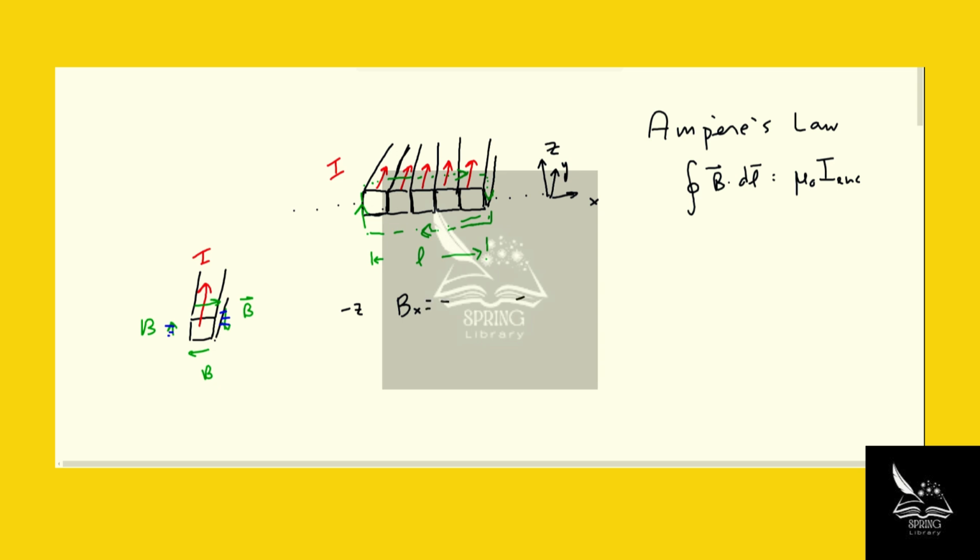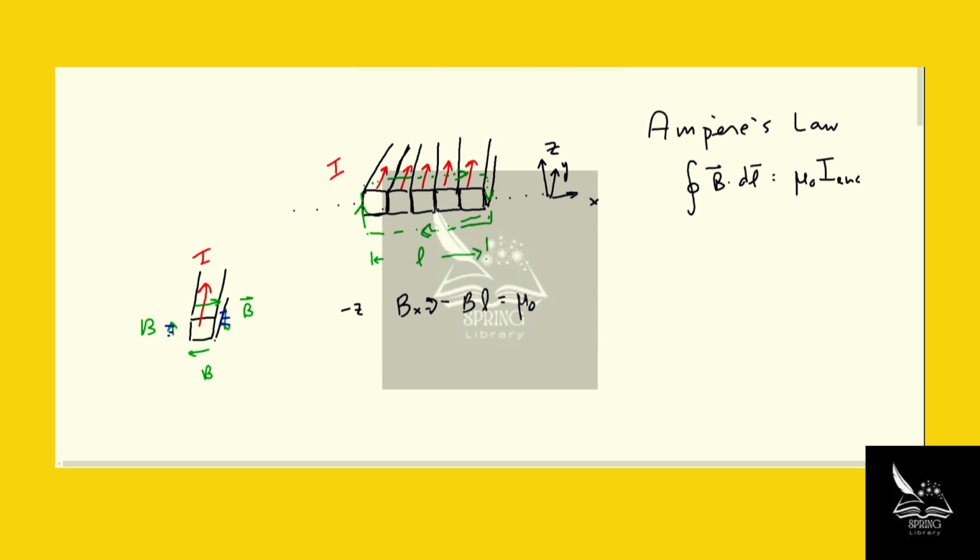So we want to stick a negative sign in front of it. And it should be constant along the path. So we'll say minus B times L is equal to mu naught